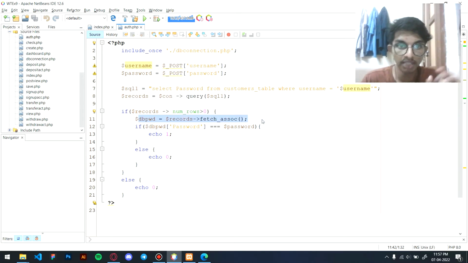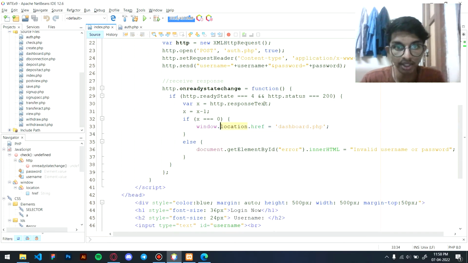In this part, I'm checking whether the DB password is the same as the password that is entered in the field. If those are the same, I'm echoing 1. Else, I'm echoing 0. Echoing 0 means it's a fail, and echoing 1 means it's a pass. The password is correct. So here, I'm getting those values and storing them in variable x. After that, I'm doing x equals x minus 1. Why am I doing that? Because if I